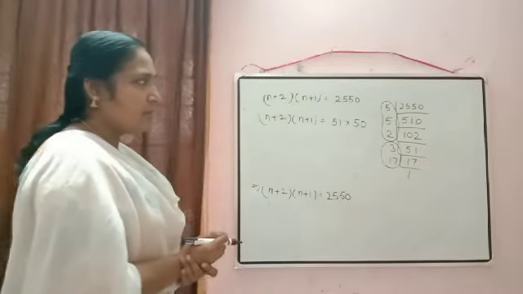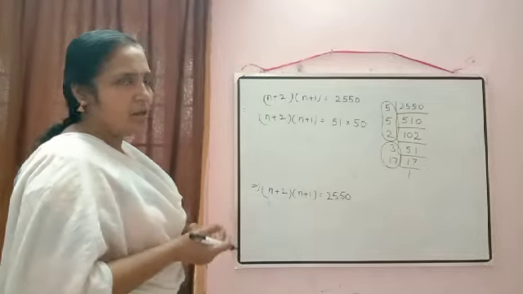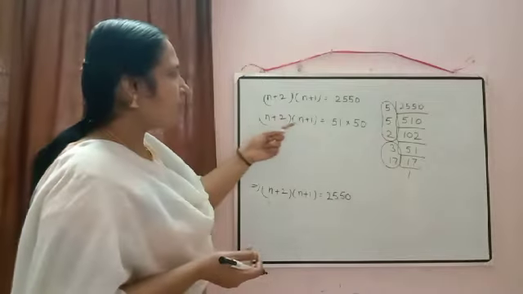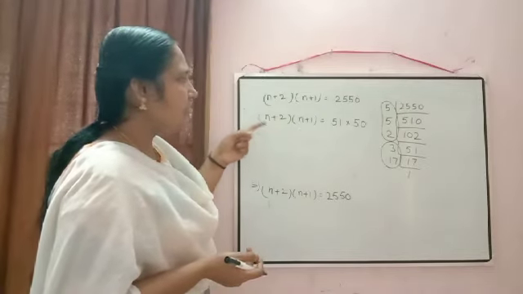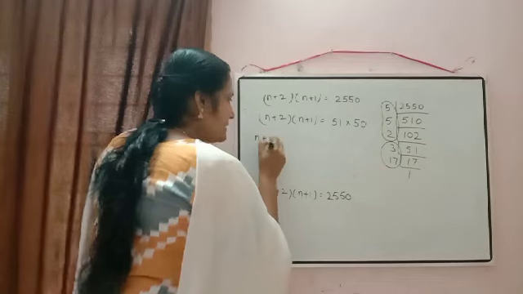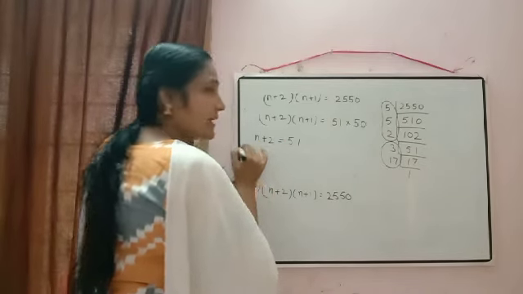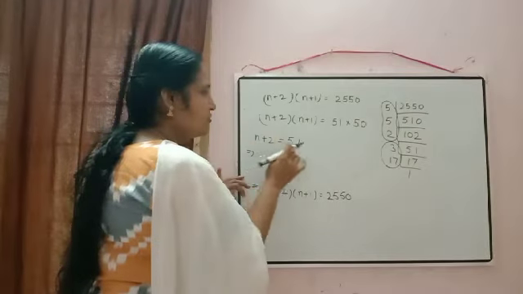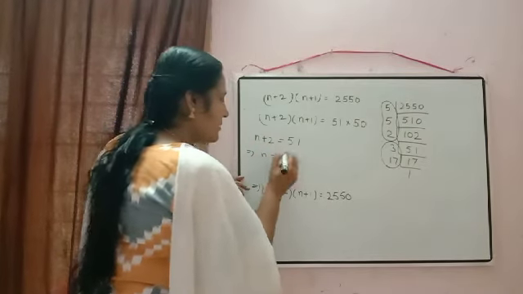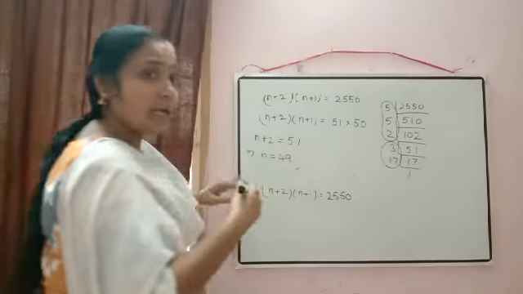For that, what we can do, either you can compare the greater number or the smaller one there. What is the greater out of these two? Which number is greater? Yes, n plus 2 is greater. And in the right hand side, which number is greater? 51 is greater. So just compare the greater number. n plus 2 is equal to 51. So from here what you will get? 51 minus 2, 49. It depends on you.